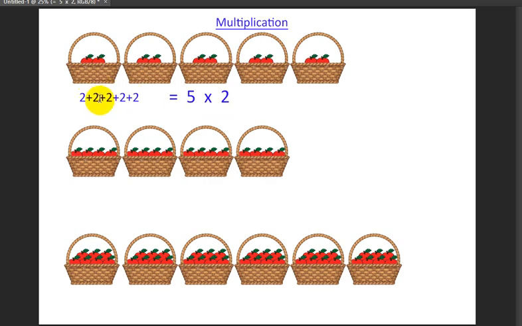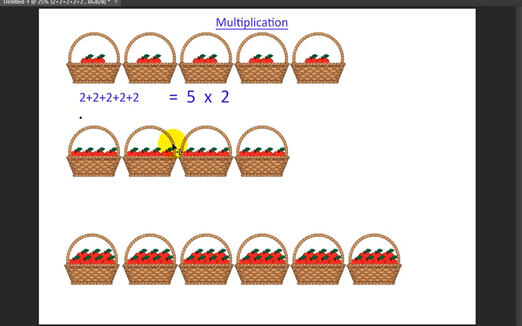So if you count the twos here, you'll see that there's 1, 2, 3, 4, 5. There are 5 twos, right? And I'm adding them all together. So instead of writing it like this and taking up so much space, I can just write 5 times 2, which takes up a lot less space. You can imagine how